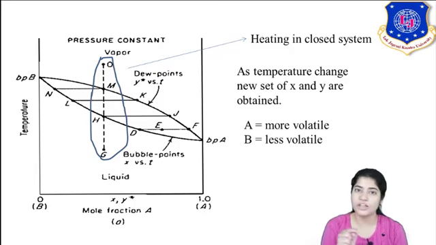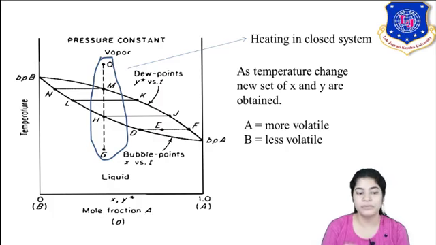Okay, now because it is a closed system, I am not taking out the vapors. The vapors are still there, and it is a closed system. Now as I am increasing the temperature of the system from H to M, what does that dotted line show you? It shows a two-phase condition. Here liquid and vapor phases are present. Up till H point it was only liquid.